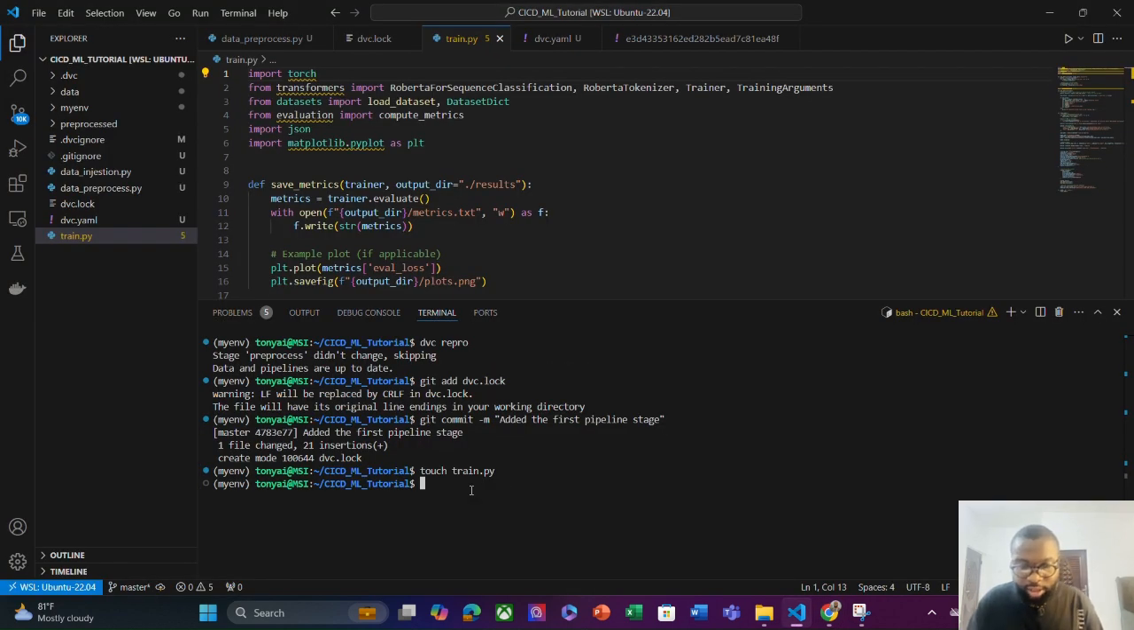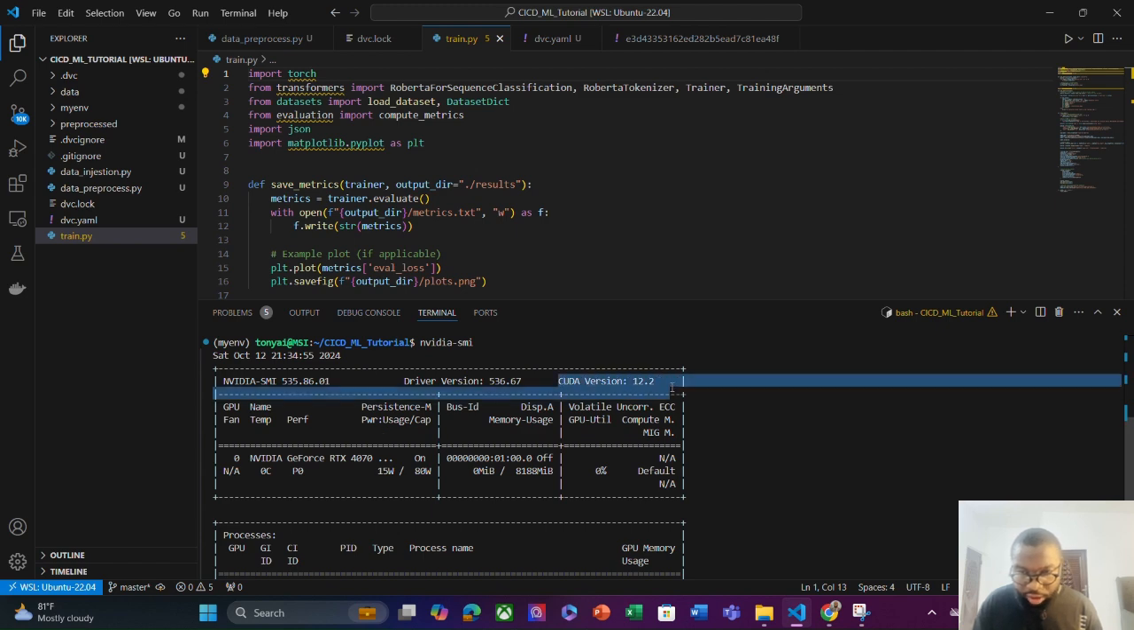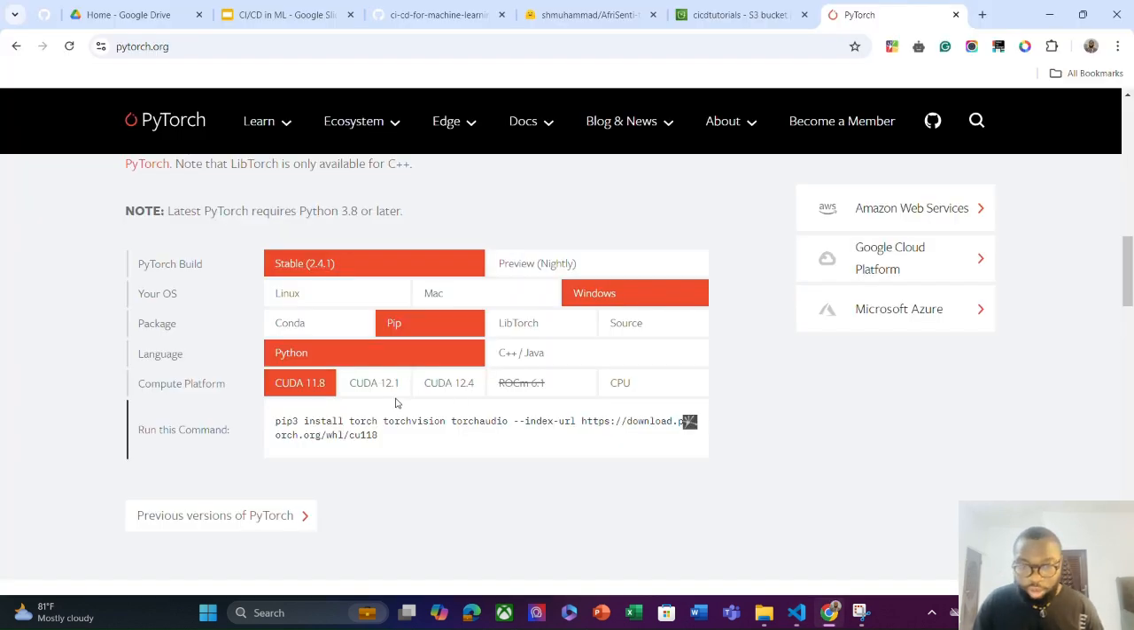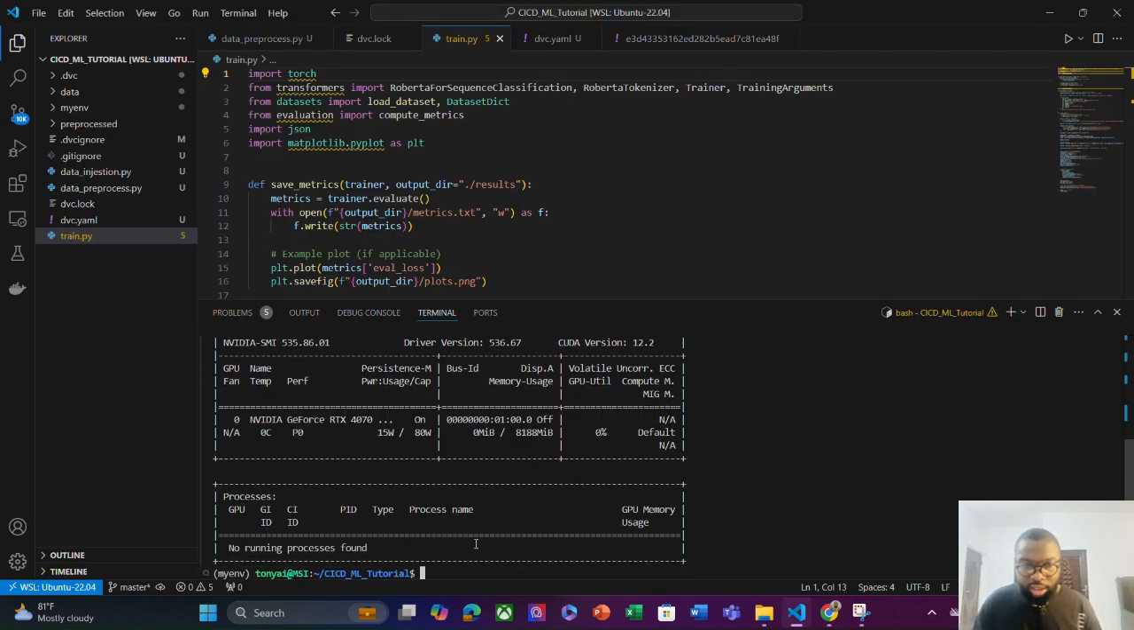First of all, you see, just to know my GPU version. My CUDA version is 12.2, so I should get something close to that. Maybe I can take 12.1. Right, and then I can copy this code